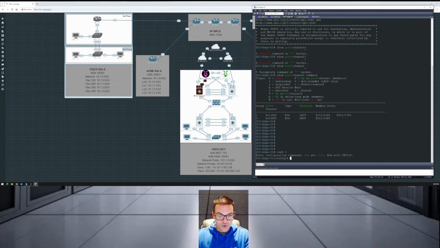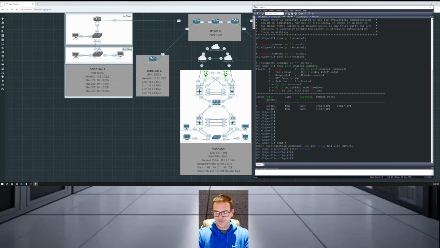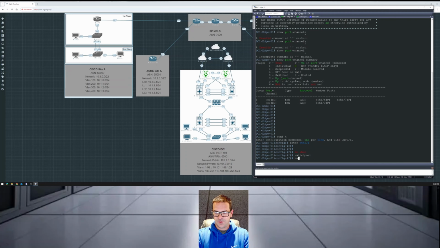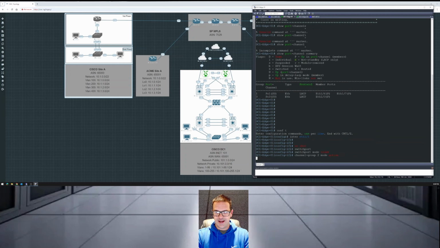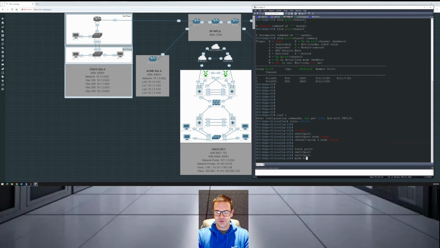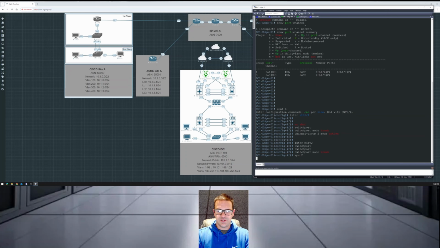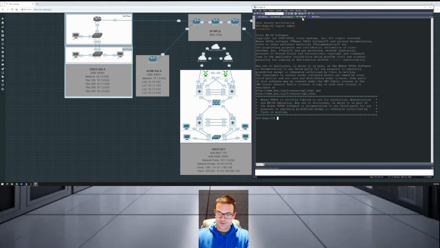So we know that port 1/1 is going to router 1, so we'll do interface eth 1/1. Sorry about that. So we'll no shut, switchport mode trunk, and we'll say channel-group 2 mode active. We'll hop over to port-channel 2. We'll say switchport mode trunk, and we'll say vpc 2. Okay. Obviously, that's not going to come up until we configure the other side and the other switch. So let's go ahead and do